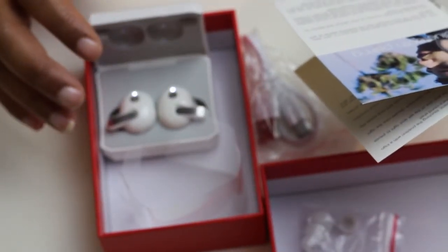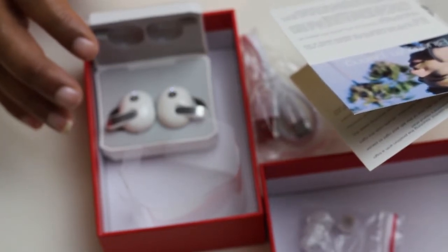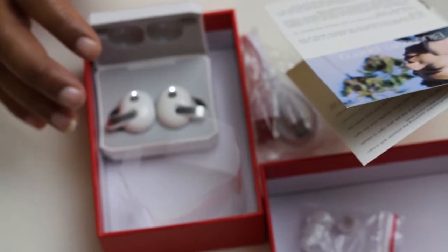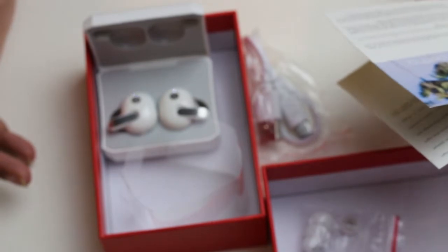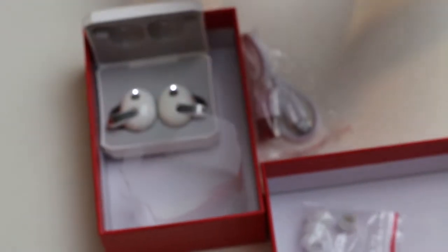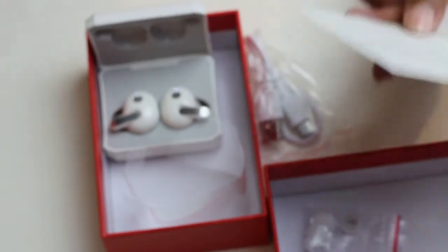When the earphone is connected in the wrong way, you can also put the earphone back into the charging box at the same time for 5 seconds. When the charging light is on, take out and repair. Okay, I think that makes sense. I understood it anyway. If you don't, that's not my problem. So then,